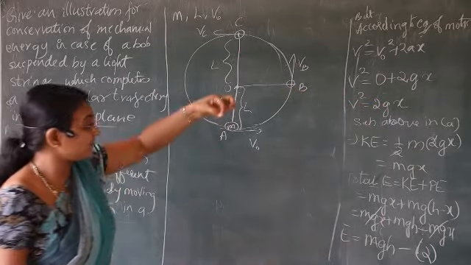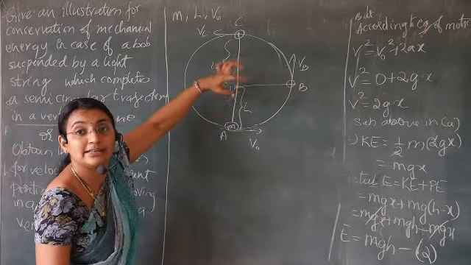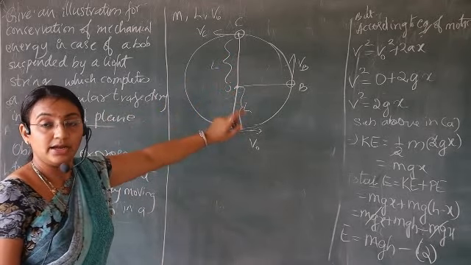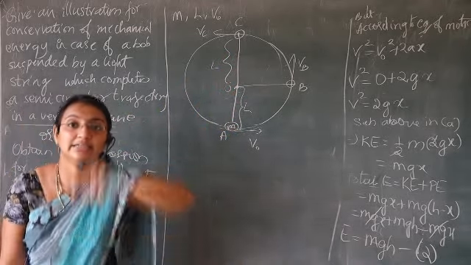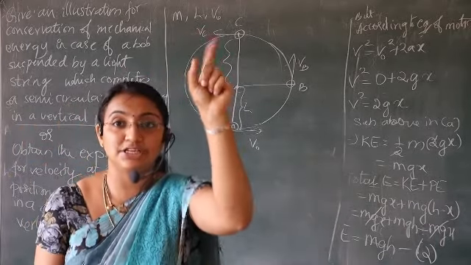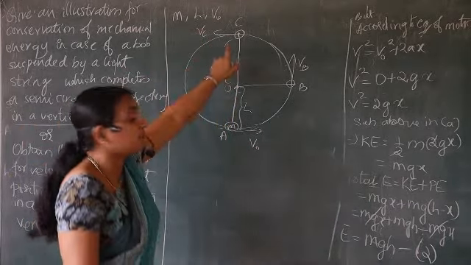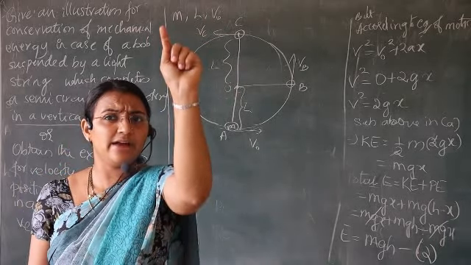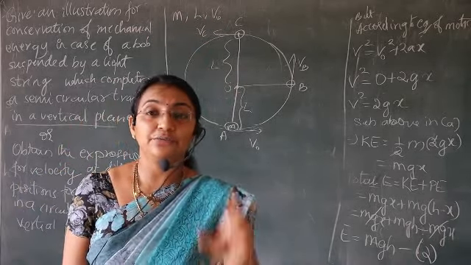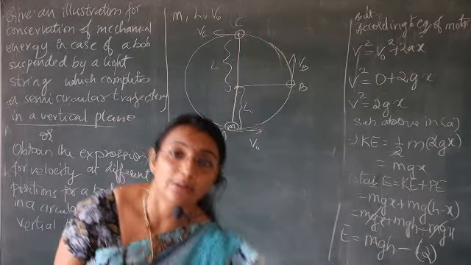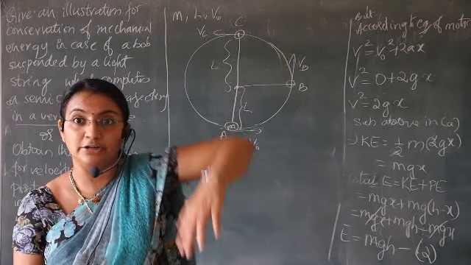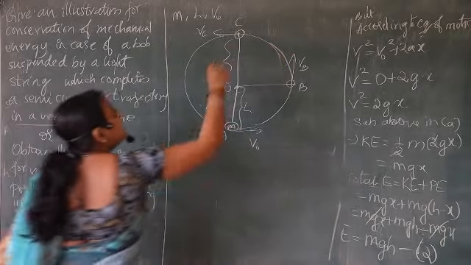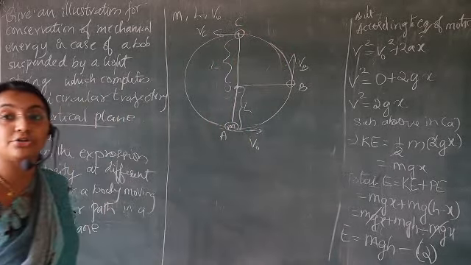See, when we suspend the pendulum like this, what happens? It stands stiff. And when you start rotating it, when it reaches the topmost position, that is C, the string will not have tension. If you leave it suddenly there, it will fall down. But when you leave it here, it will not fall down; tension will be there in the string. Do you agree? So at the point C, tension will be equal to 0.